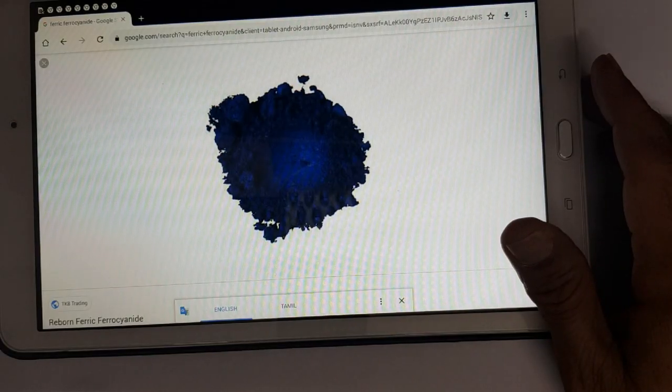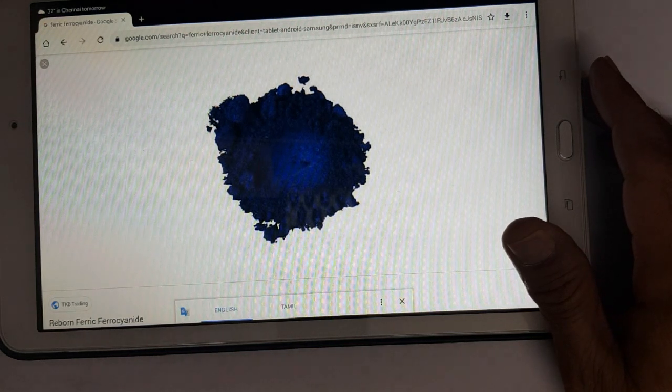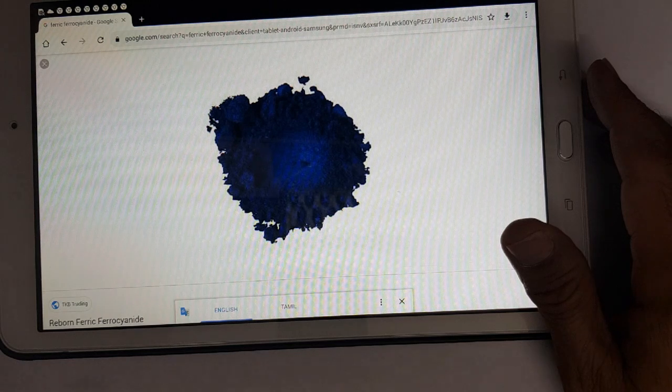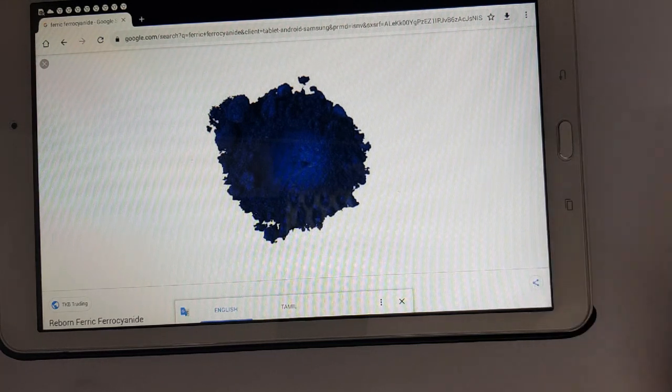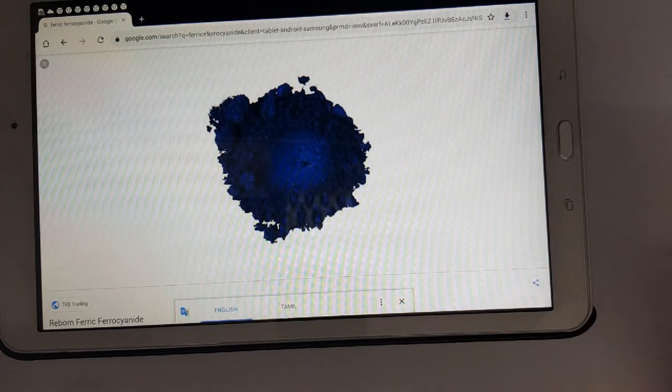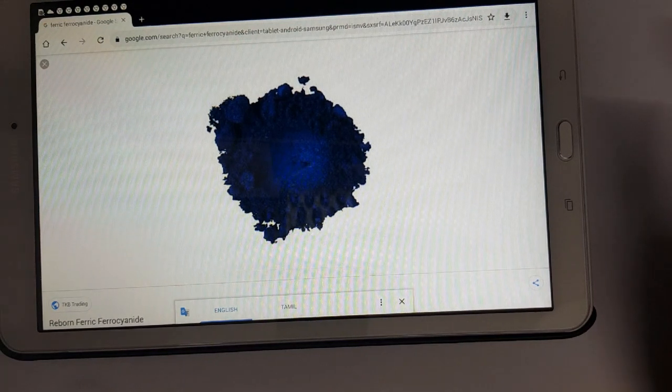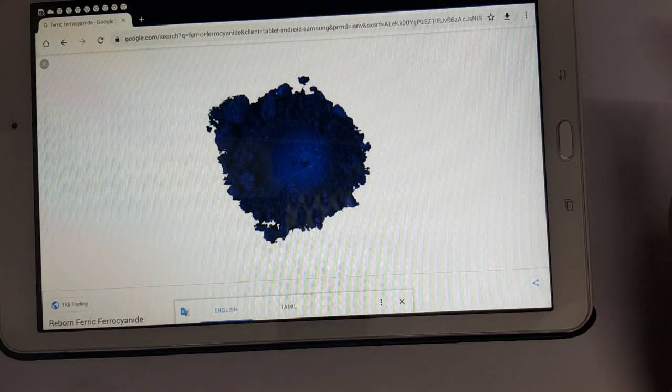Ferric ferrocyanide for cosmetics. I want to clarify here, cyanide is not here as ions, so it's not that cyanide. It's in the pigment form. So ferric ferrocyanide. Same way in the iron oxide pigments which we saw earlier, iron is not in the ionic form.